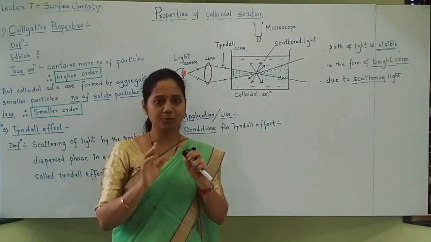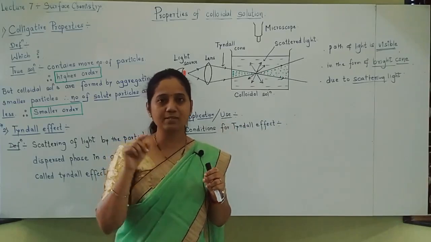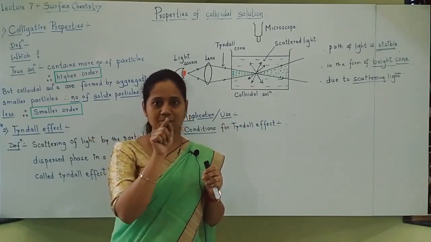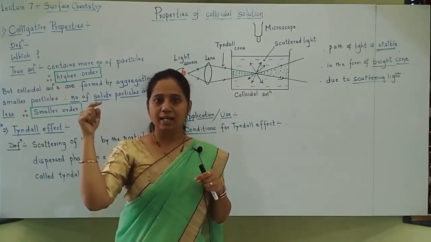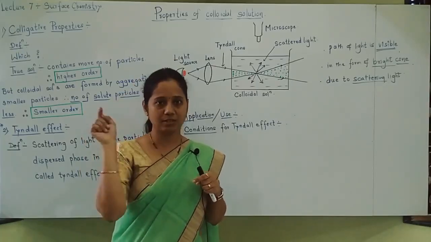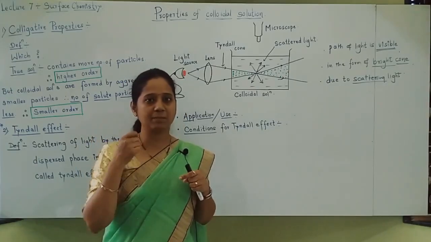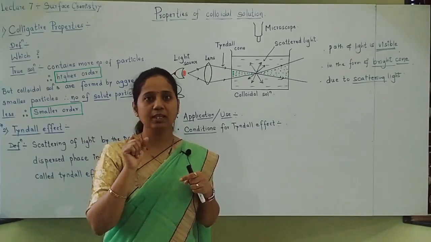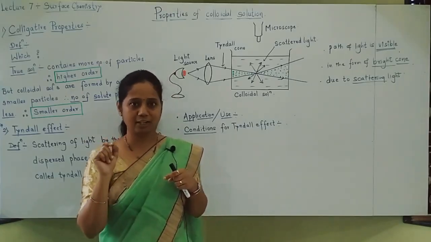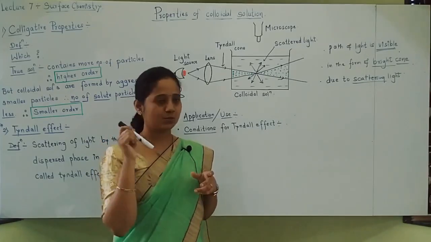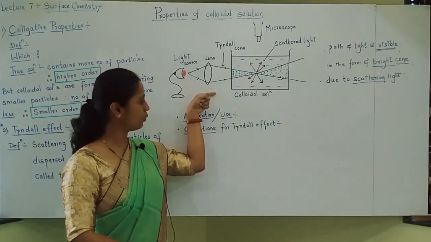Okay. So I hope you understood experiment very well. Definition for 2 marks. When a strong beam of light is passed through colloidal solution kept in a dark room, and observed at right angle to the direction of beam of light, then this beam of light is made visible in the form of bright cone due to scattering of light, that is called as Tyndall effect. Okay. So experiment diagram understood, definition understood well.